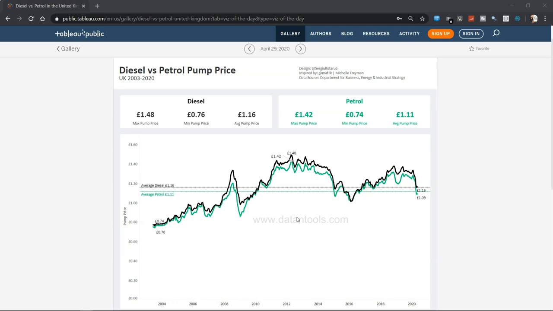If you are not aware of the Makeover Monday challenge, it is a weekly challenge for all the data visualization enthusiasts like you who want to create innovative visualizations but need some sort of inspiration or data to build the visualization. This visualization was about diesel versus petrol pump price, and you can find it using this link or go to public.tableau.com